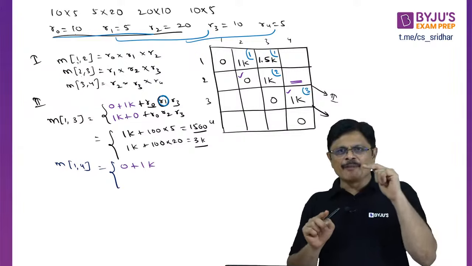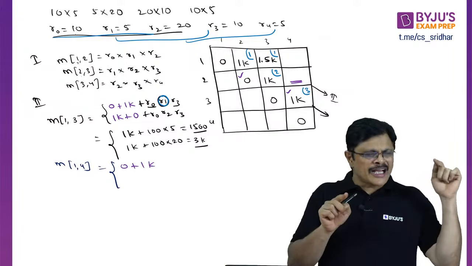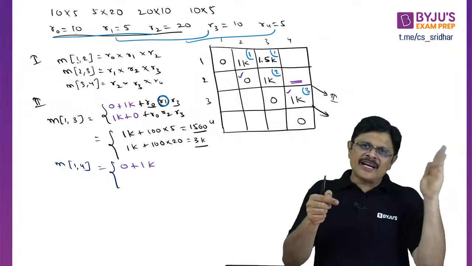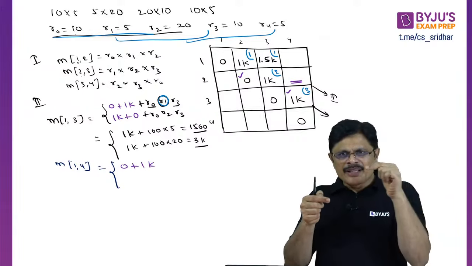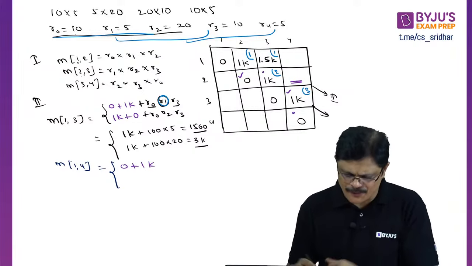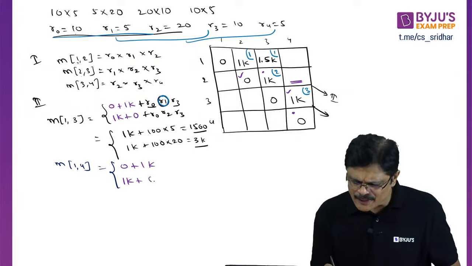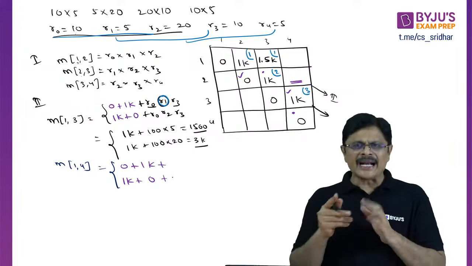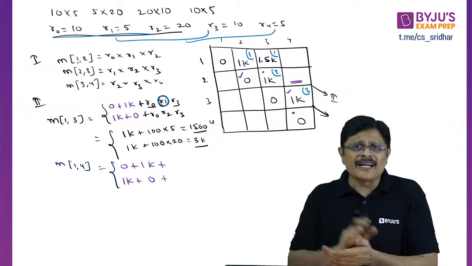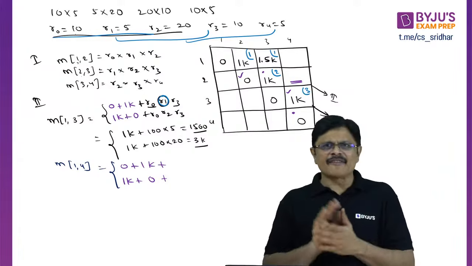It is like this, it will move. If you have the last value on the left side and the immediate next value in the bottom, this will move here, this will go down. So next, this value is added with this value. That is 1K added with 0. It is directly observed, it is clear from the table, my dear friends. Am I clear? It is very clear from the table.